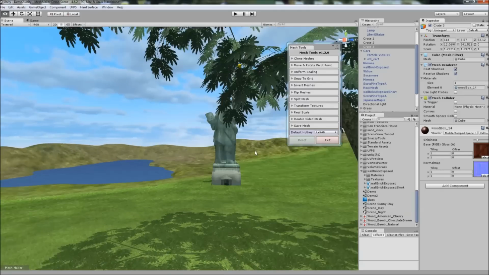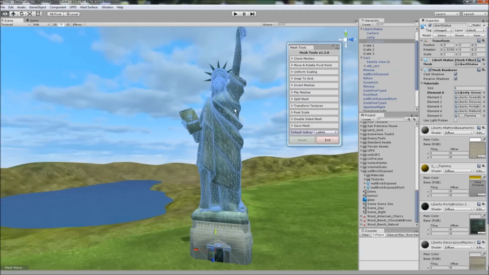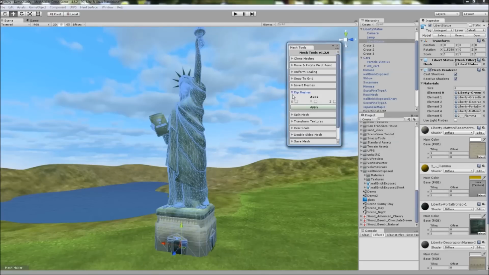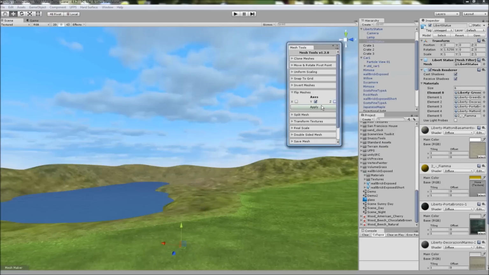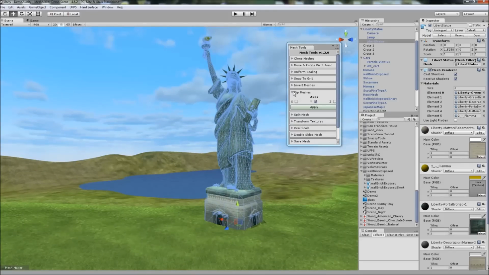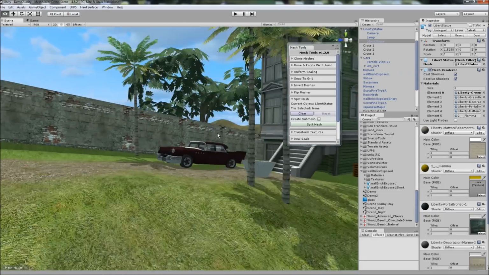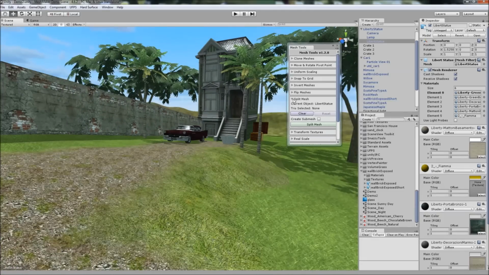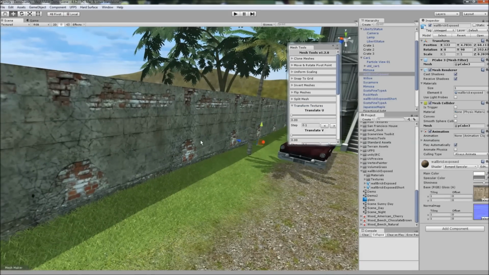And to show you the next one, just come over to this model, and we can flip it in the X-axis, or the Z, and the Y. You can also split mesh. And transform textures. And how this works is you select your model,